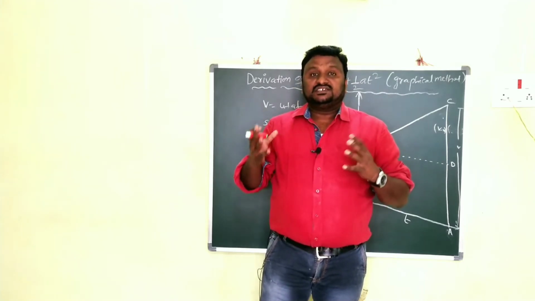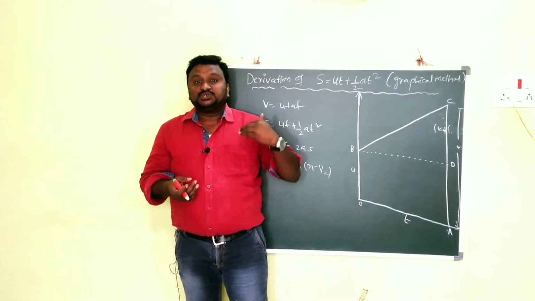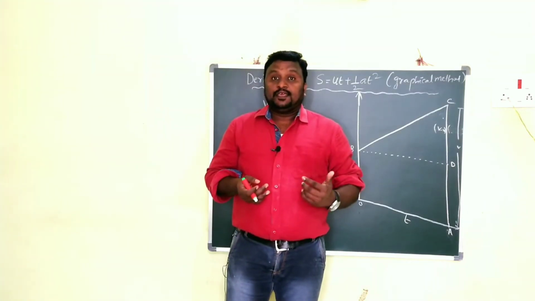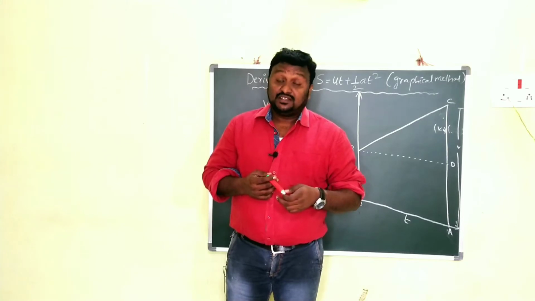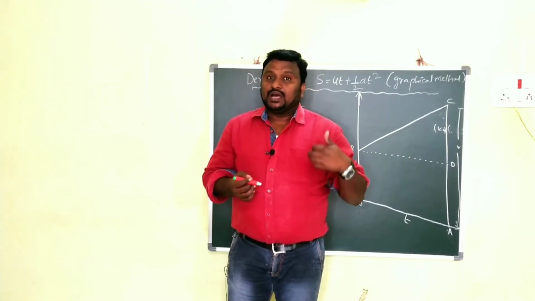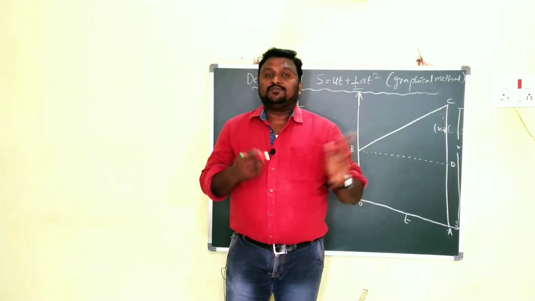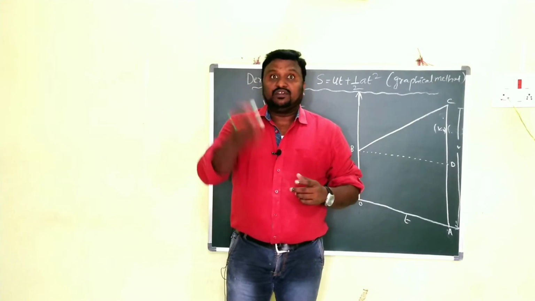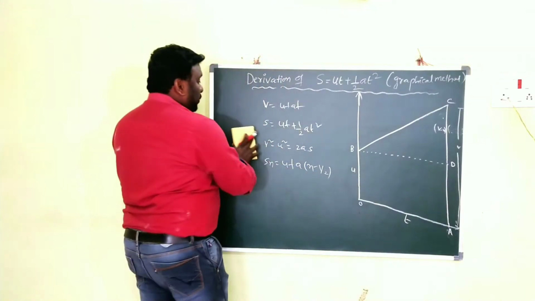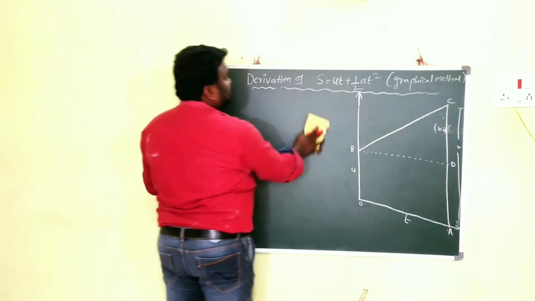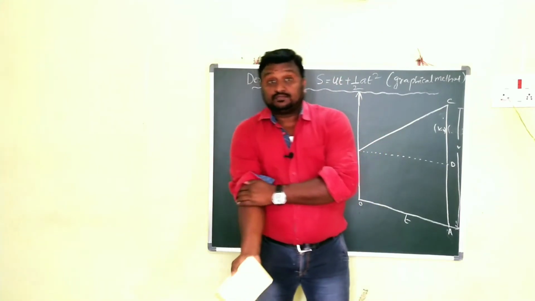These are commonly known as kinematic equations. These equations are useful to explain the motion of a body in a straight line, with uniform acceleration. I will make one more video to explain all these equations in different situations, where we will discuss them very clearly. So children, in this video I am going to explain the derivation of s = ut + ½at². This is one of the kinematic equations.